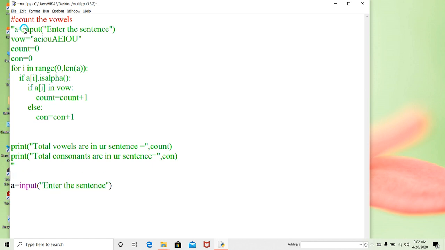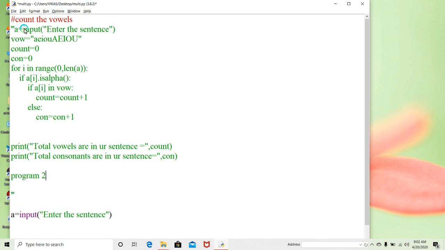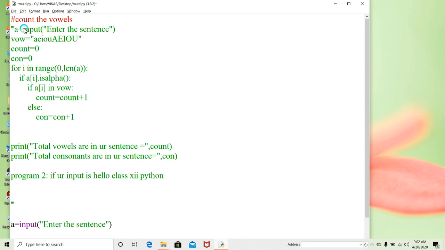And I told you to make a program so that if your input is hello class 12 Python, it will convert into hello@class@12@Python. What we have actually done is, where spaces are there, we have converted that space into the at the rate symbol.